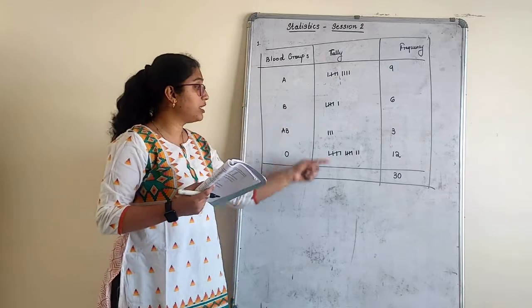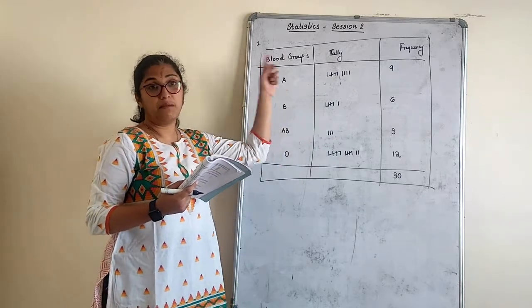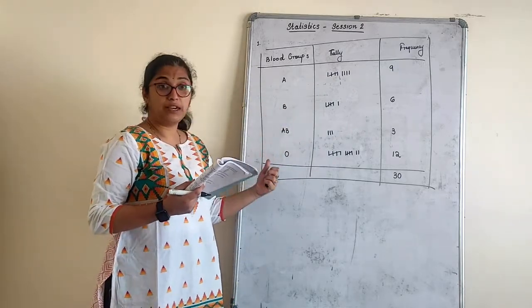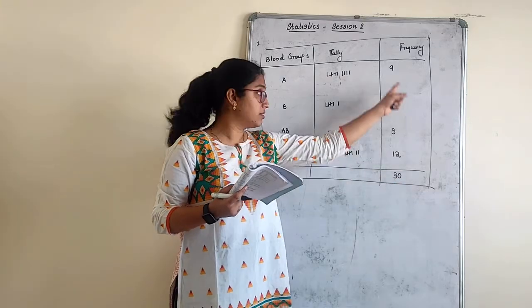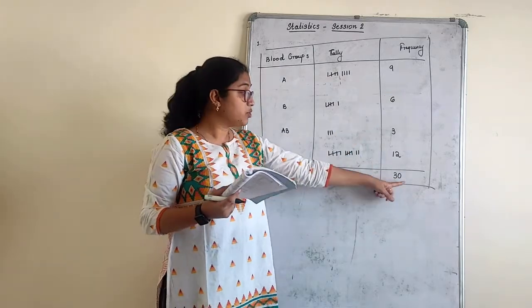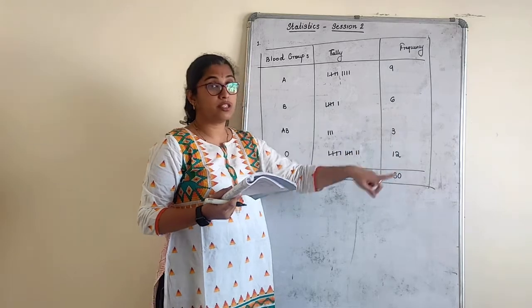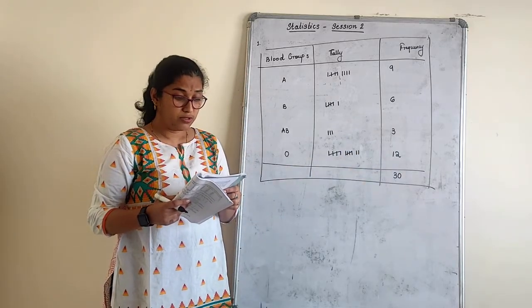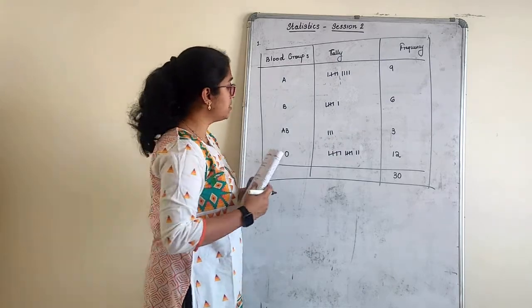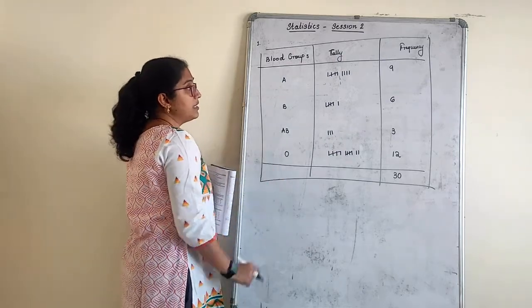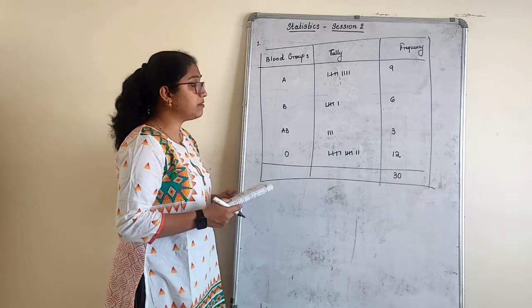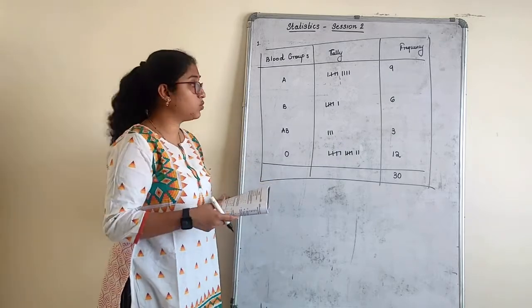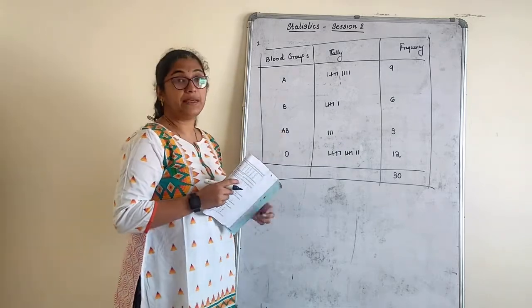That means we have combinations of 30: how many times A, how many times B, then AB and O. If you get a wrong answer here, you have gone wrong in the tally. Sometimes you get 30, but if you mismatch in this also, it is wrong. This is how we do it. So, which is the most common among this, according to you? Most common is 12, because O is repeating more number of times in those 30 students. Which is rare? AB is rare.